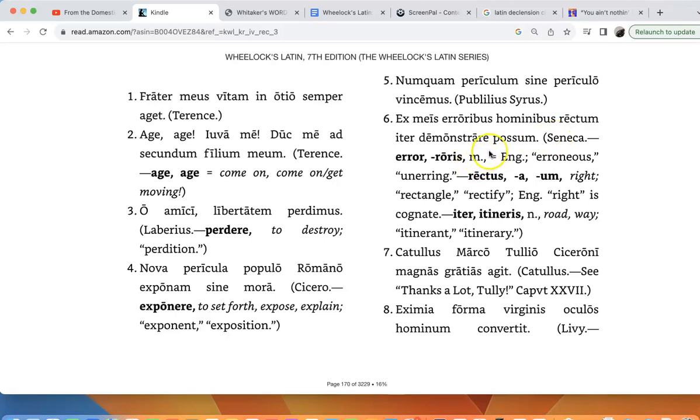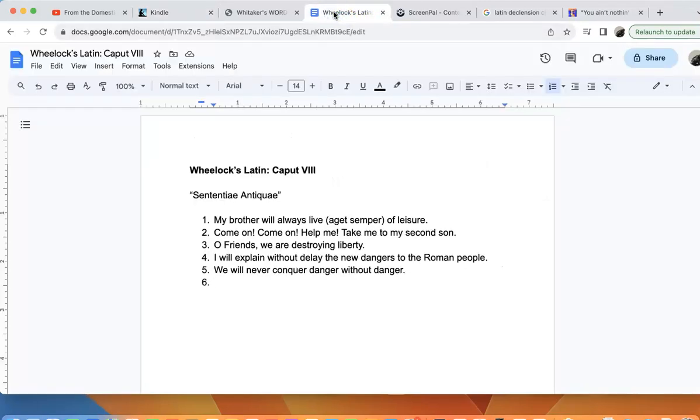So here we have Seneca, the Stoic tutor of Nero, before he was executed. Possum, so I am able to demonstrate the right way from my human errors. So let me write that down, then I'll try to explain it here. So I am able to demonstrate the right way from my human errors. Once again, a little bit abstract, but it